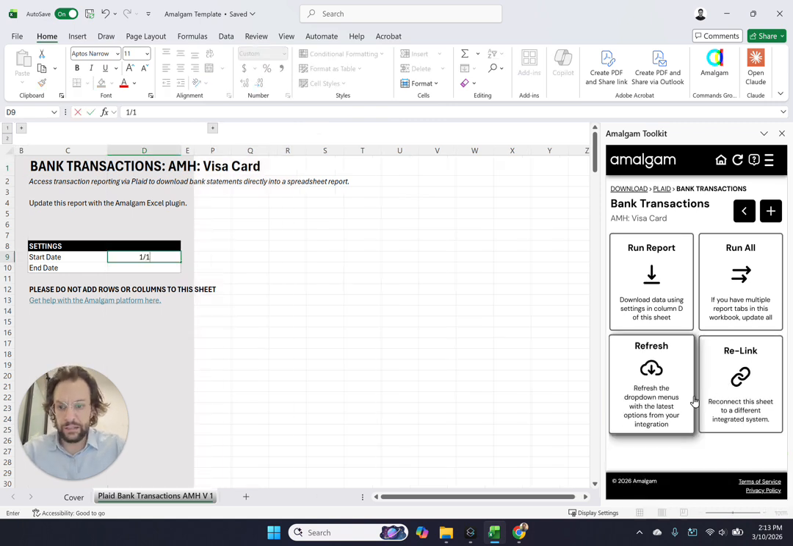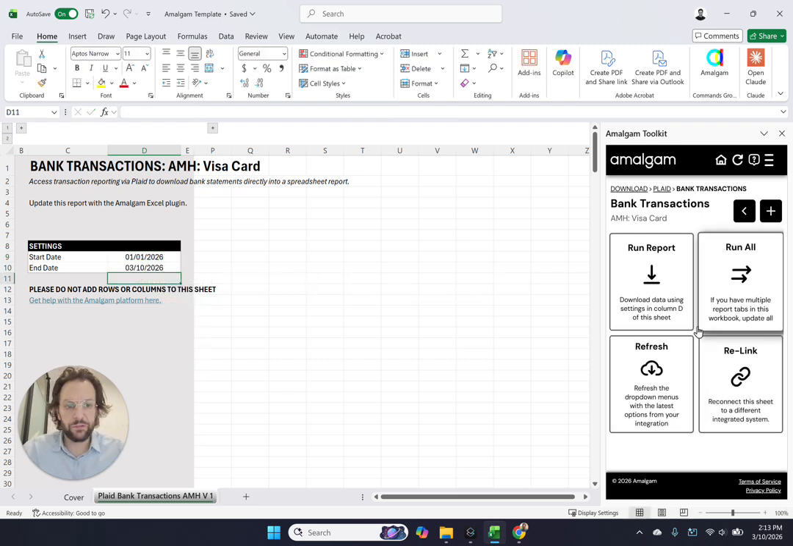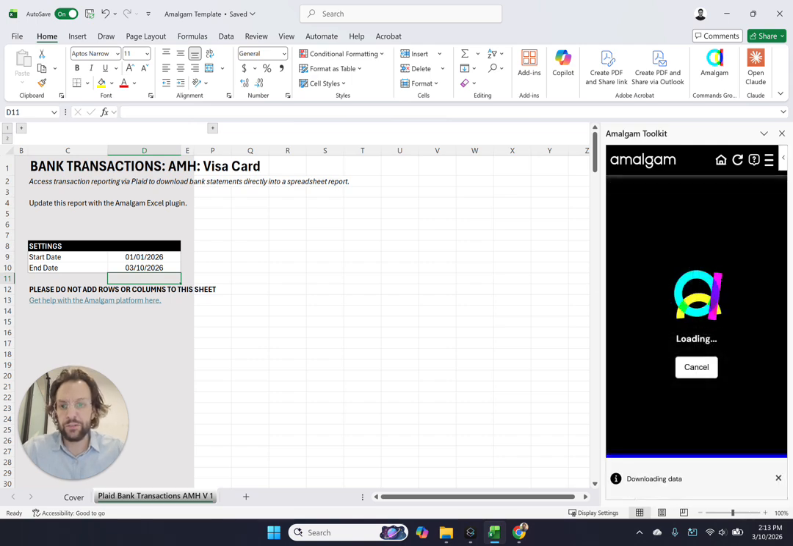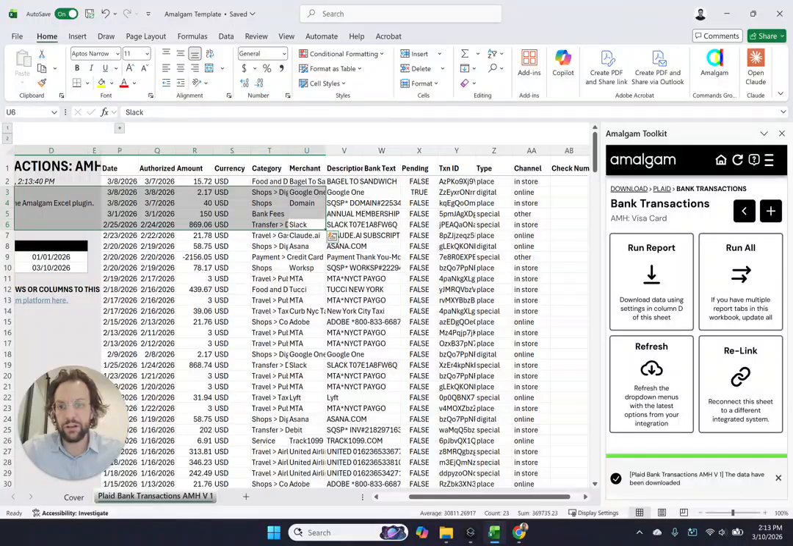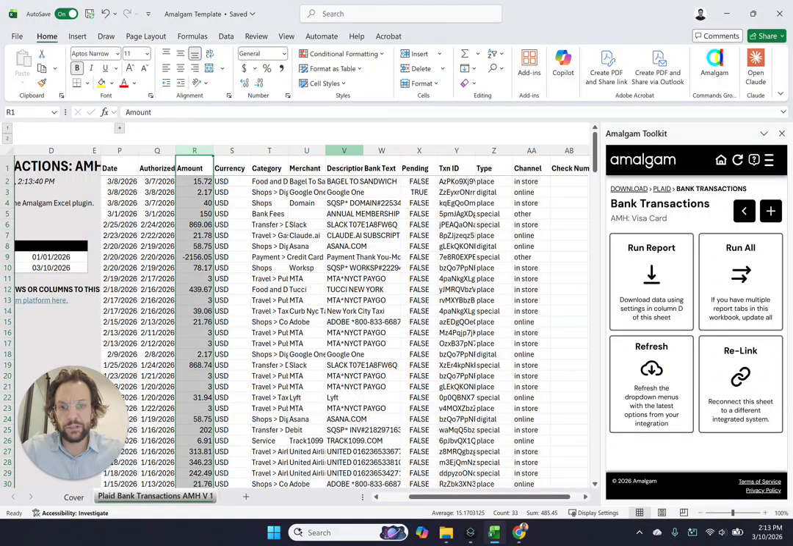I'll set a date. Let's just maybe do the beginning of the year. Let's just say, yep, there we go. So we can do a few months, and it should pull down pretty quickly. Plaid's a quick one for us. So you can see I've got all my different transactions, the amounts, the descriptions, the merchants, those types of things